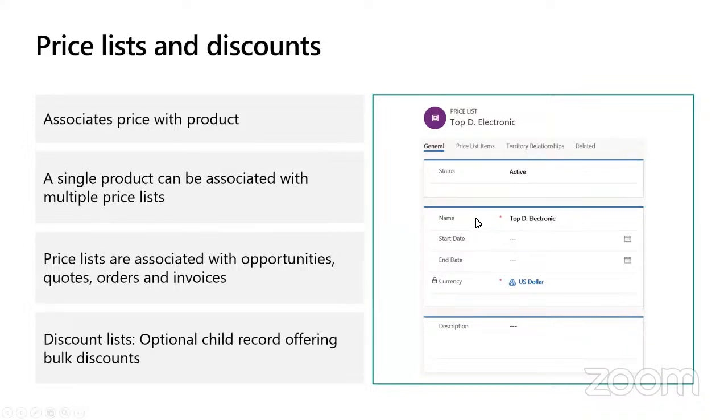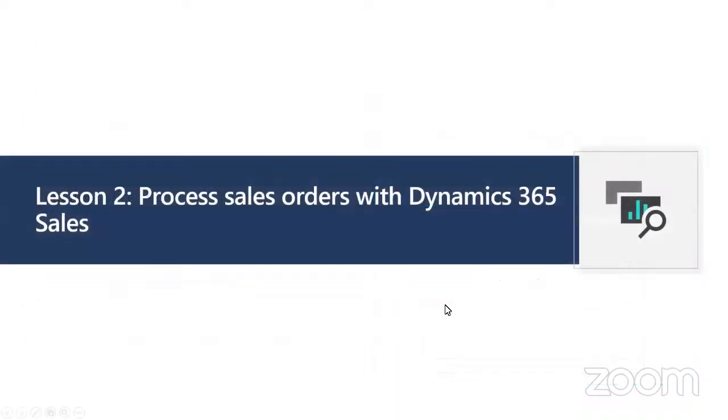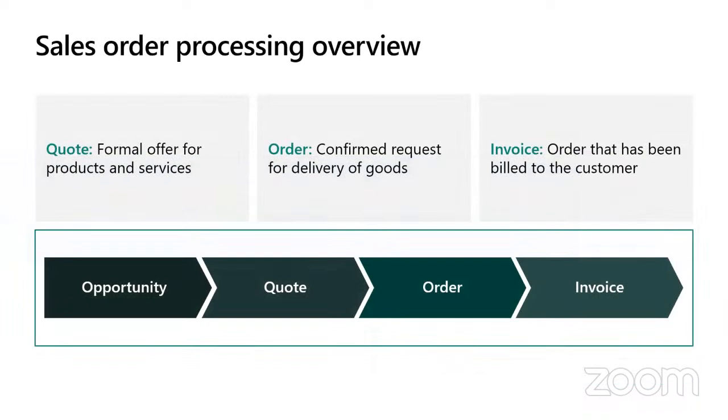And then on there, you would want to capture various things regarding that product, which is the name, the start date, the end date, and the currency. And if you want to add in a description, you can do that as well. And so if we look at the sales ordering